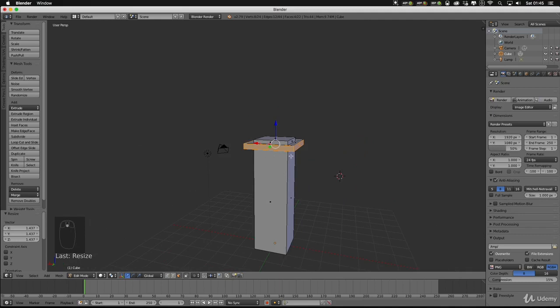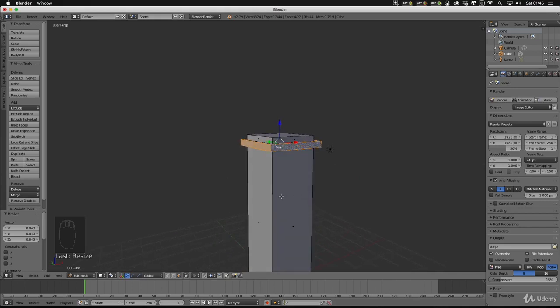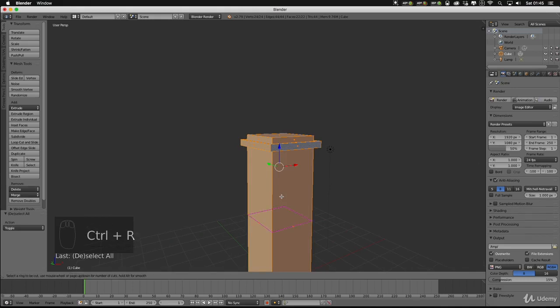So I'm just going to put another one of those in underneath. I'm just going to make that a little bit smaller, actually. I'm just going to go through that process again with you guys. So select all of my geometry and Control R. If we wanted to put in more than one, if we use our middle mouse wheel, you can see that that's now creating quite a lot of loop cuts. So we can increase or decrease the loop cuts that we make. Let's just put in 2, and you can see that it's moving them together as one.